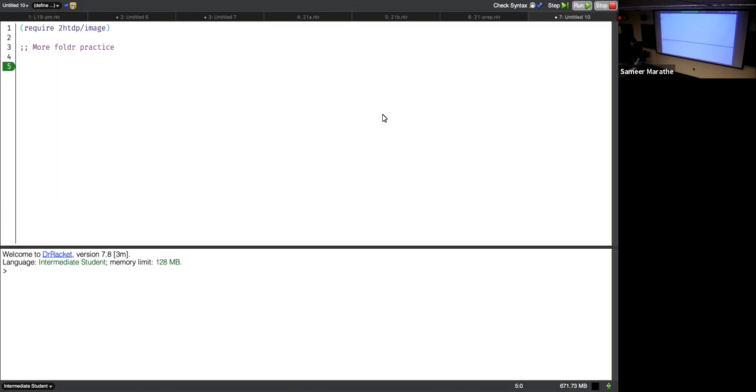So today, most of today will be again spent practicing a few more Foldar things, and we will use Foldar on various kinds of data. So let's start with blast off then. Where I wanted to get last time was